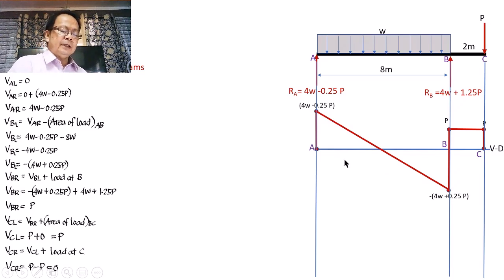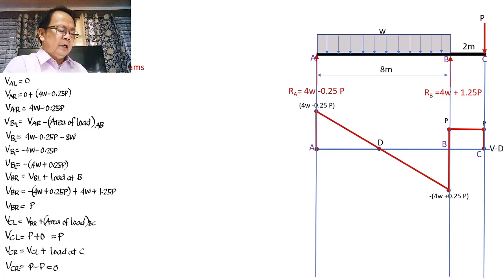So ito ngayon yung ating naging shear diagram, at mapapansin natin, yung shear diagram ay nag-cross dito sa ating x-axis at this point. So ito yung ating position na kung saan mapapasok dito yung tinatawag nating maximum bending moment. At tawagin natin itong point D. At yung position ng point D mula sa A ay pwede nating makompute sa pamamagitan ng naunang discussion